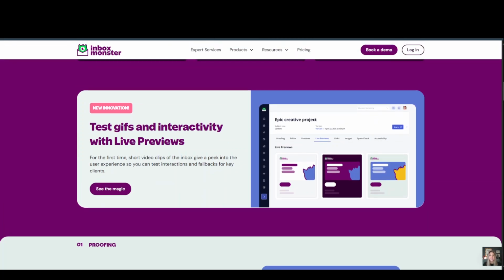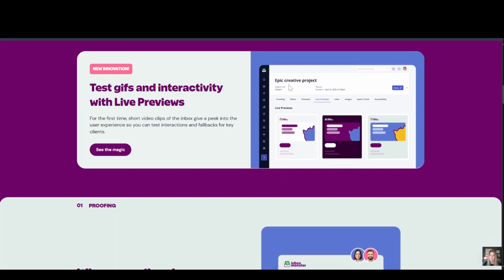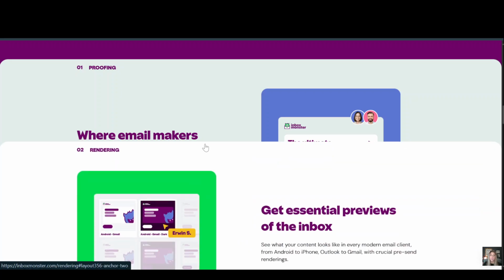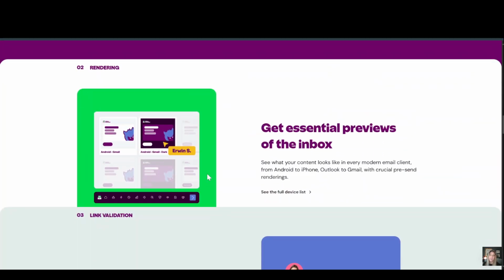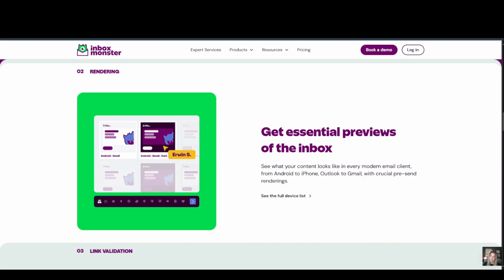So here we can see that you can actually test GIFs and interactivity with live previews, which is really cool. You've got an option to have collaboration across different email content. Say, for example, if you are sharing, discussing different ideas or making changes in real time, you can collaborate with your team, which is an awesome feature. I do like this, and as mentioned, you do get a lot of creative rendering in terms of the